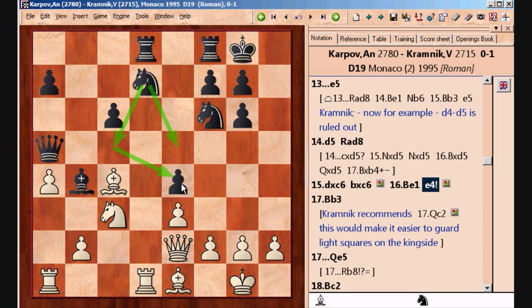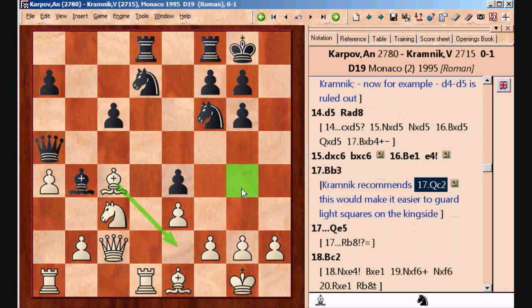And in the game Karpov played bishop to b3, and then he transferred the bishop to c2, but this turned out to be a little bit slow, and also the bishop was a bit separated from the king side, where more of the action was happening later on. It was probably better to play something like queen to c2, and then the bishop would come to e2, and then would guard the g4 square. So after e4 and bishop b3,